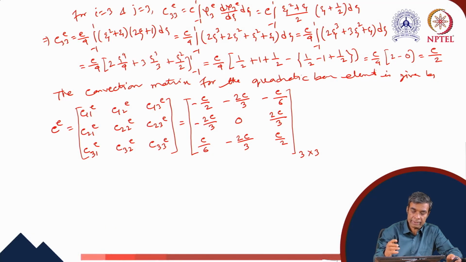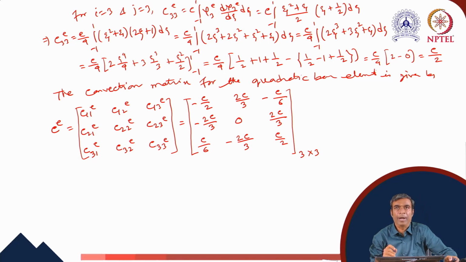So here there is a correction. This C12E is 2C by 3. So here we have constructed the element level matrix for the